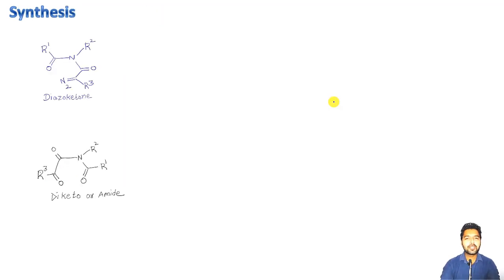Okay, after this, now let's talk about the synthesis part, or how we can synthesize our very first type A mesoionic heterocyclic molecule. So basically two types of synthesis have been reported for our molecule. The first one is starting from some diazoketone, as you can see here. This is the diazoketone molecule, the main reactant in the first synthetic procedure. And what do we want to synthesize? We want to synthesize our 1,3-oxazolium 4-olate type A mesoionic heterocyclic molecule, right?